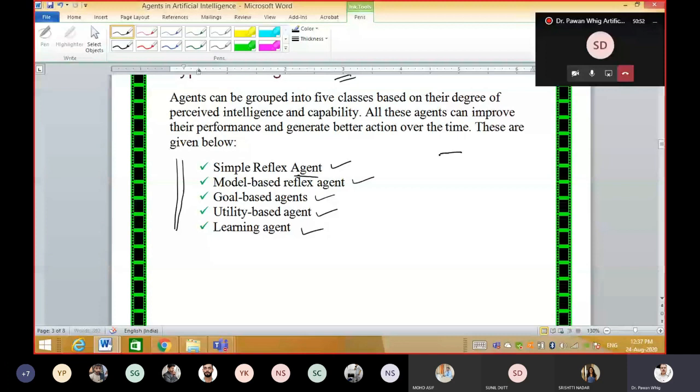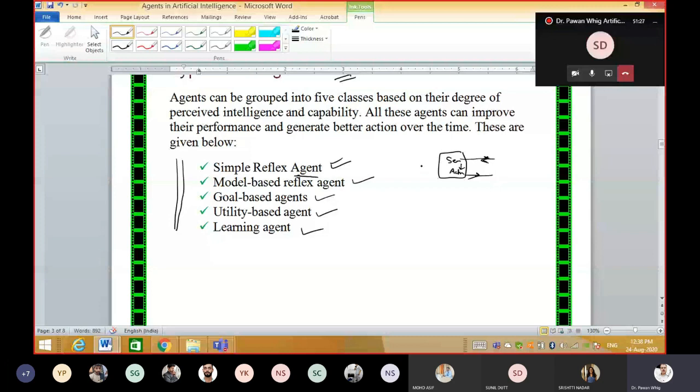An agent is nothing but the sensor and actuator working together. In a simple reflex agent, I'll give you an example of a room cleaner so that you can understand it better. In a simple reflex agent, like a room cleaner, it senses whether there is dirt, and then the actuator gives a task to the robot to clean the room. This is the simplest reflex agent.